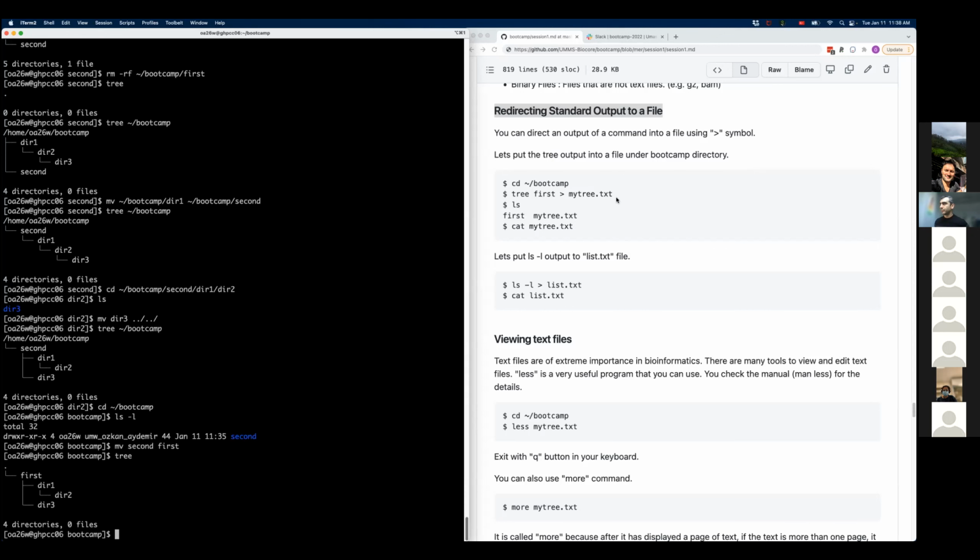And please try this a couple of times to understand all the directory structure, like moving files from this location to another, or directories from this location to another. This is a very important concept that you need to understand, because in the future, when you're organizing your files, like RNA-seq files or output files, usually we use these kinds of commands a lot.